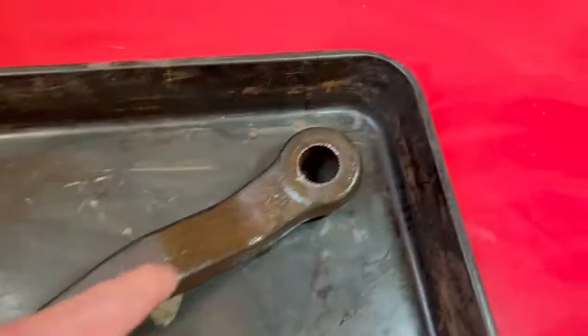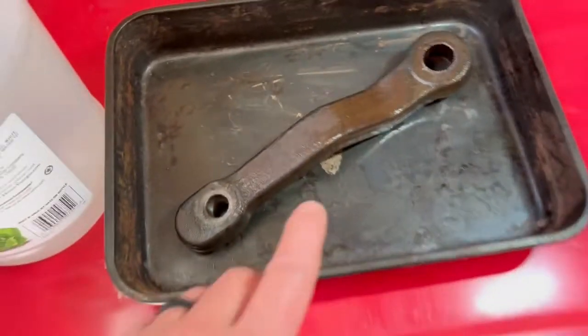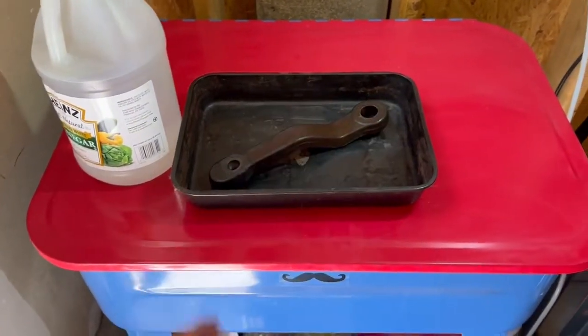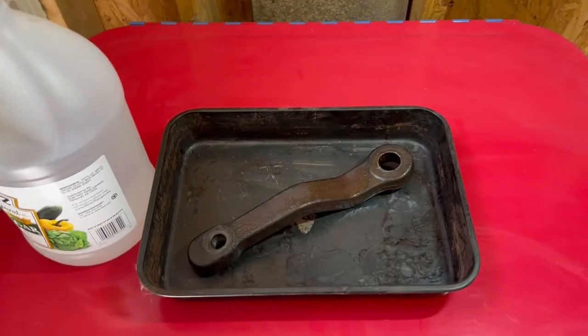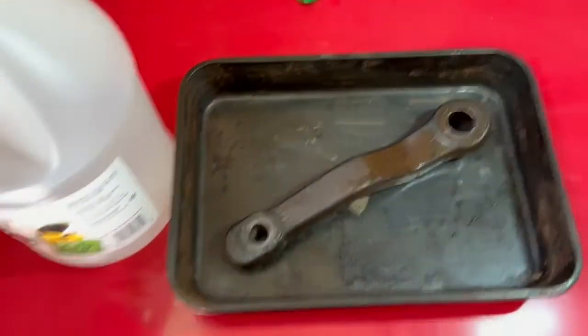So I have some rust in these splines of my pitman arm, so I went ahead, cleaned off all the gunk and everything on it, which you guys will probably have too. Clean it off in the parts washer. You can just use brake clean and a scrub brush if you don't have the parts washer. And what I'm gonna do,